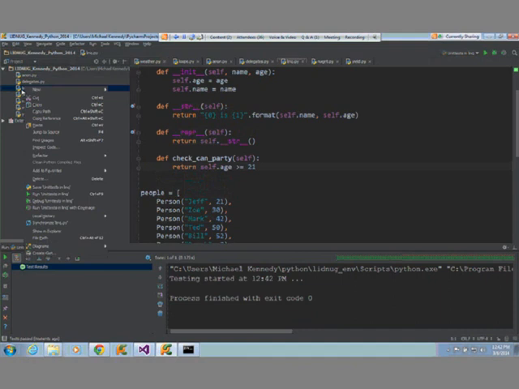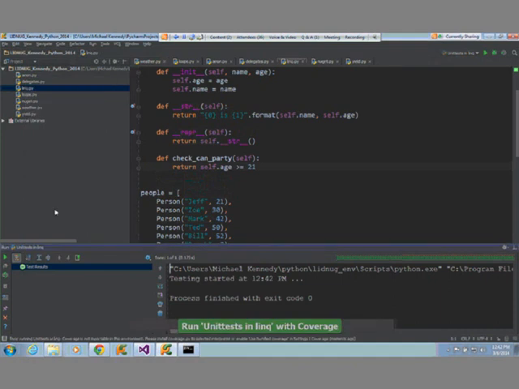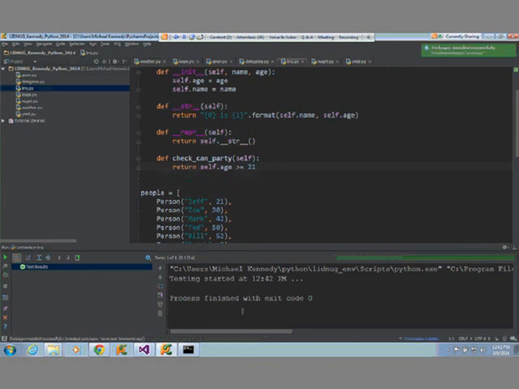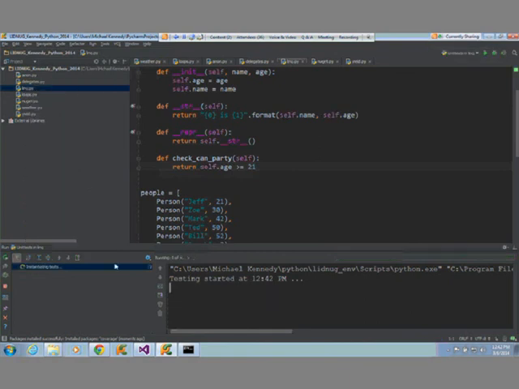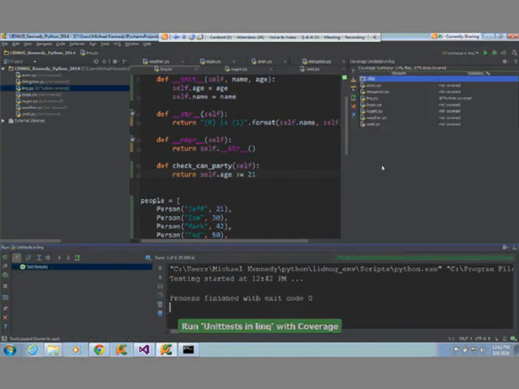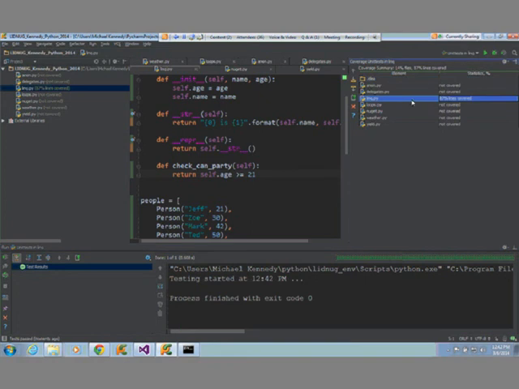So you can come over and say run code coverage. Oh, let me get this thing out of the way. I have to install coverage. Hold on. Back out to PyPI we go. Okay, now we can run it with code coverage. And you can actually see it shows you 87% of the lines were covered. That's pretty cool.